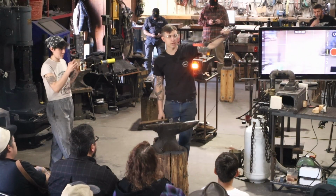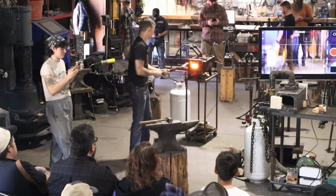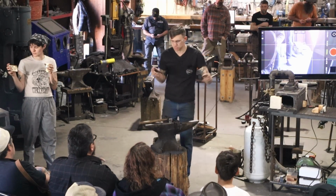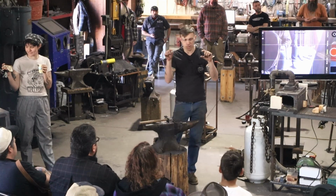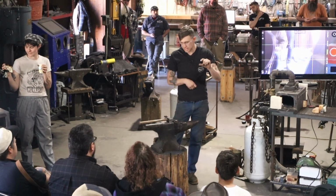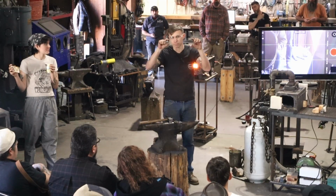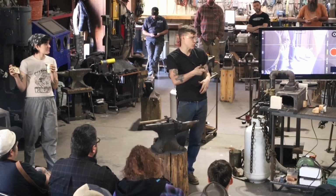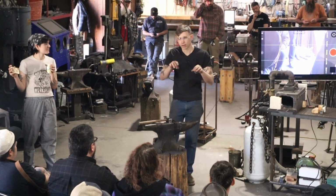Getting a little lumpy because I'm going a little more aggressive on it, but I don't care because I'm just positioning the handle material kind of where it needs to be. Now I'm staying off the very end of the tip and of the end of the handle. I don't really personally like handles that taper down to be thinner in the back. I like them to be wider, especially for everyday use. I would probably make an exception for some kitchen knives that can taper down, but